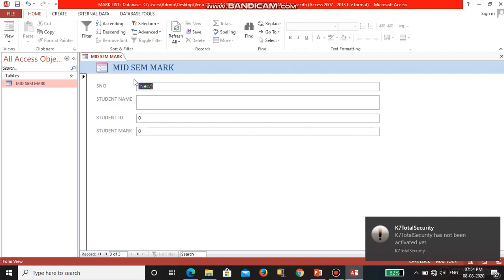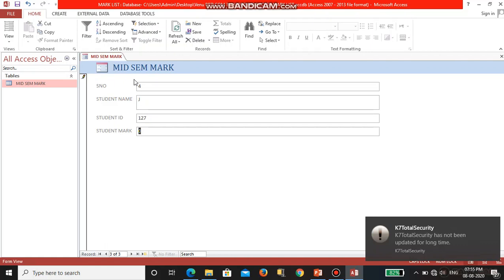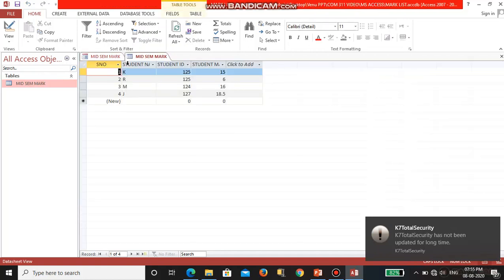Like this you can enter the data. Student name J, 127, mark 18.5. After entering the data you can see this data in the table. You open this table, and you can see the data. I entered the data like this.